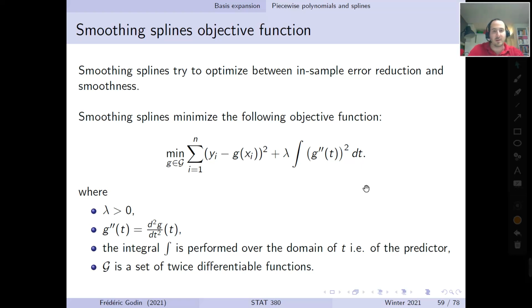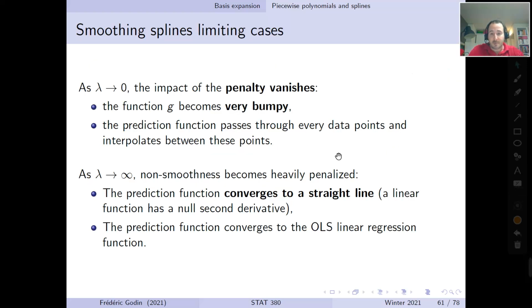So as lambda goes to infinity, this simply becomes a linear regression, where you converge to the optimal solution being a straight line. So this would entail having an OLS problem where you have a linear regression. So within your set of all twice differentiable functions, you would only have a straight line